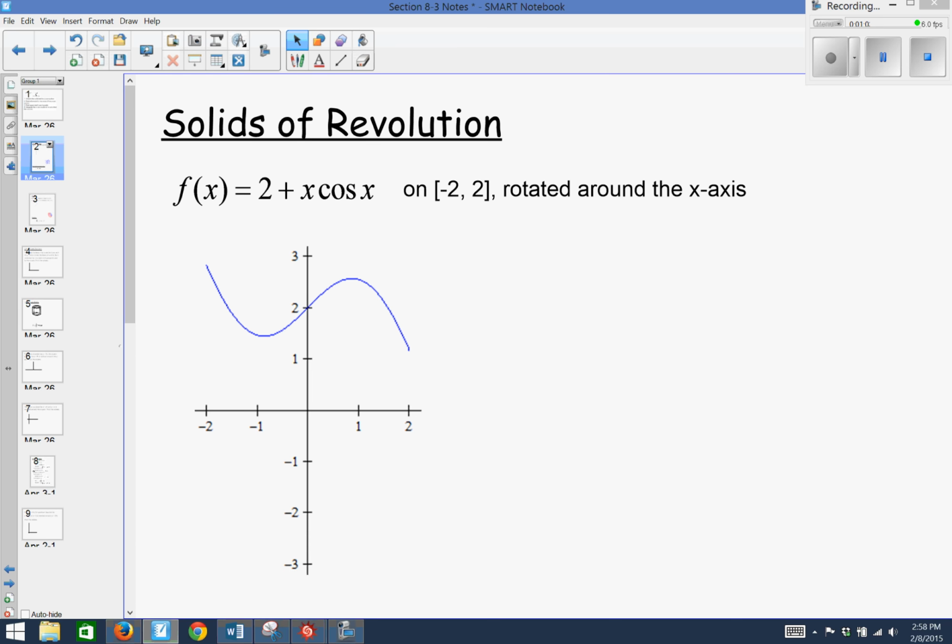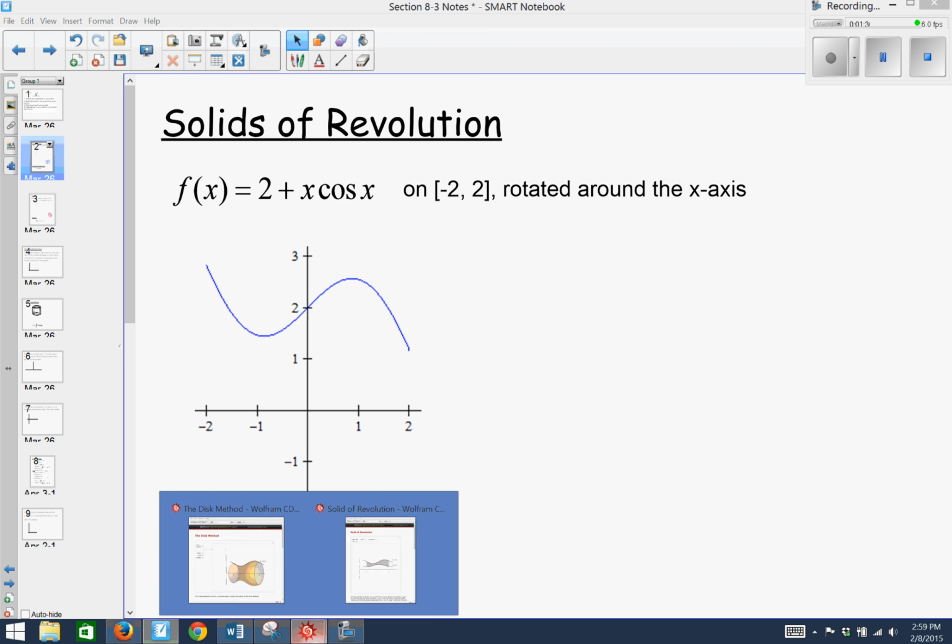And so what we're going to be looking at in these videos are solids of revolution. These are where we take a function and rotate it around a line, around an axis, and we're going to focus first on rotating around axes. And the easiest ones to deal with are if we take a function and rotate it around the x-axis. And so we're actually taking this curve and rotating it around into 3 dimensions. And to get an idea of what that looks like,